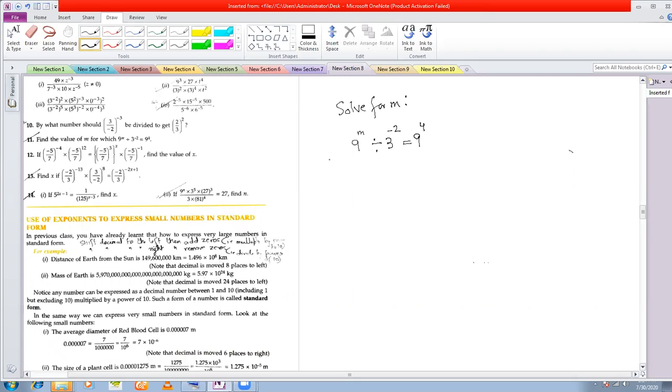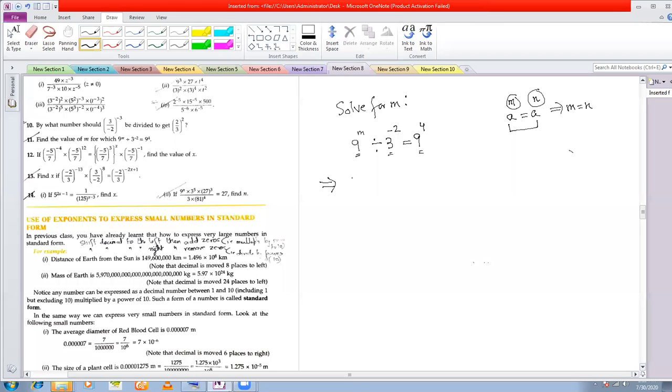Yes, sir. So we'll be doing linear equations here also, but the problem is that this is a mixed type of linear equation where the concept is mixed with your exponents. Now here, you see a 9 here, you see a 3 here, you see a 9 here. We'll try to make the bases the same, because if a to the power of m is equal to a to the power of n, then m is equal to n. If the bases are the same, then the powers have to be the same.